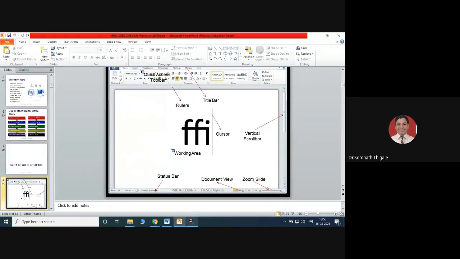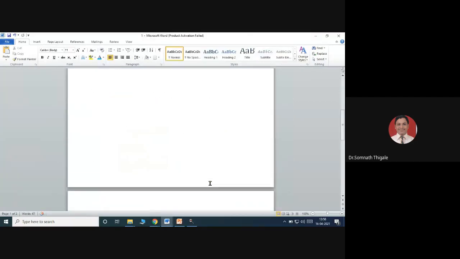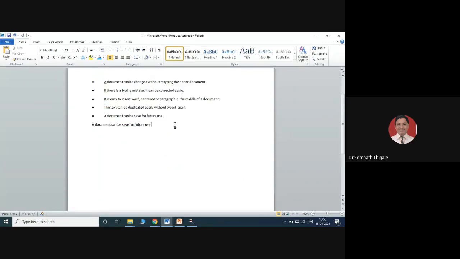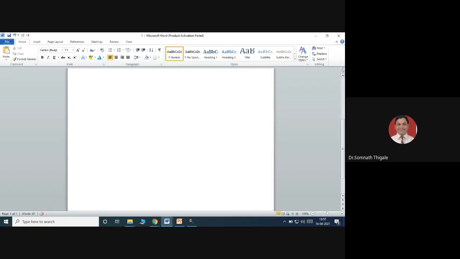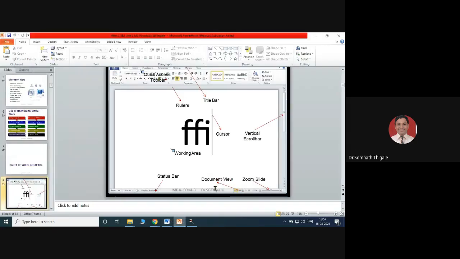Vertical scroll bar: if you are on the document and only one page is there, you will not be able to see this. For example, if I remove whatever entered part I have, and if I save this, again it is page 1 of 1. You can say this is the vertical movement of your page. So I'm calling this the vertical scroll bar.